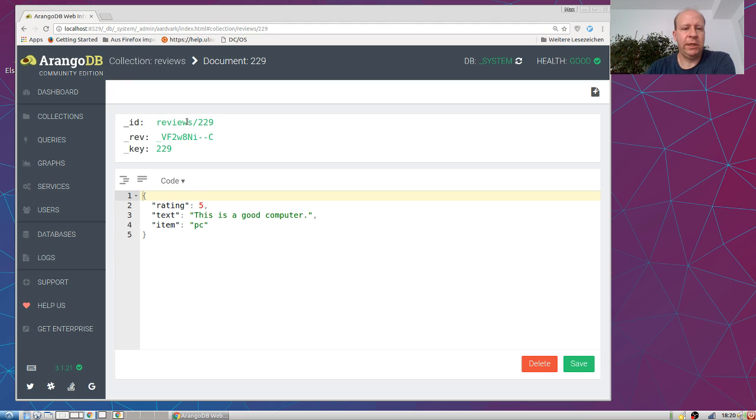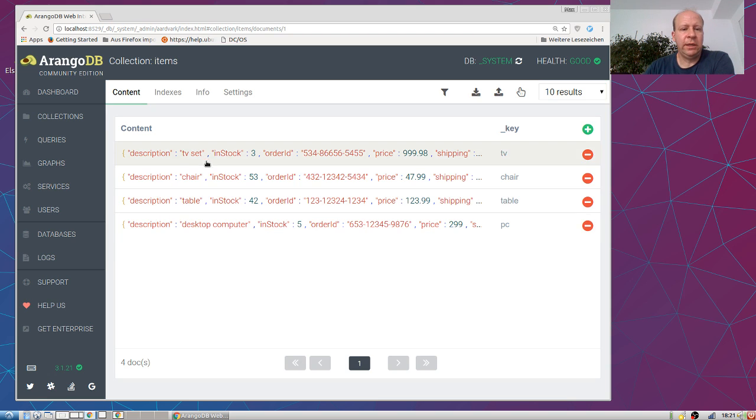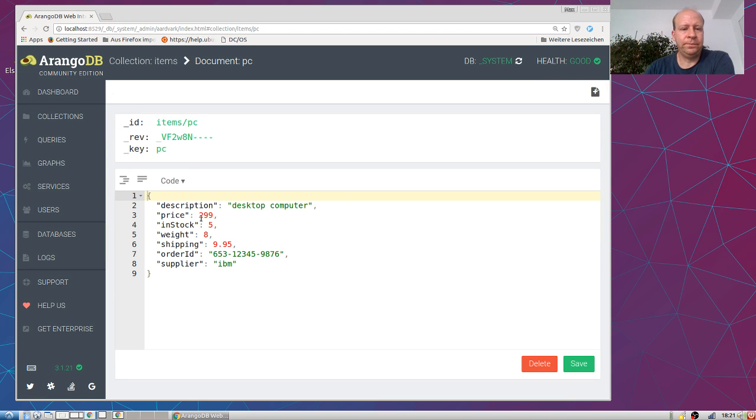Obviously it has a key, and it has some text, and it has some rating and so on, and it says what item it is. Note that the item here is just a name. If we go back to the items collection, then